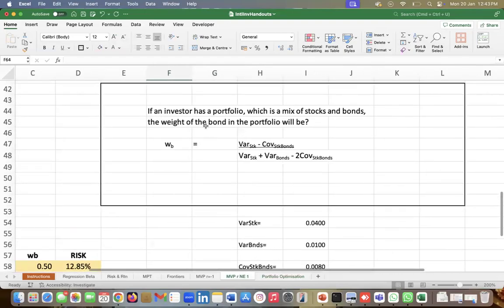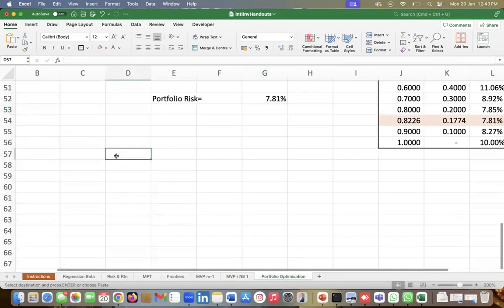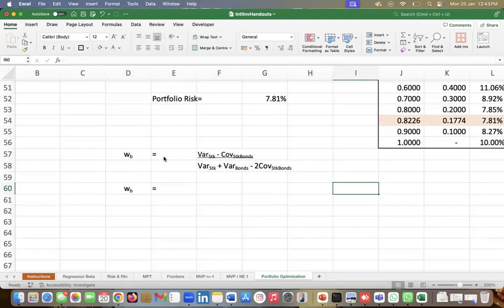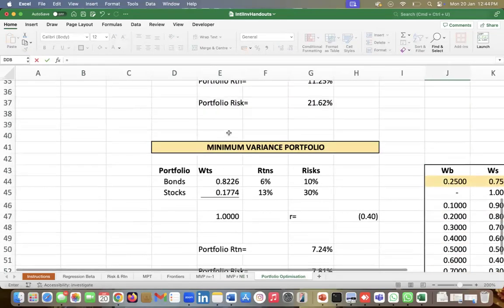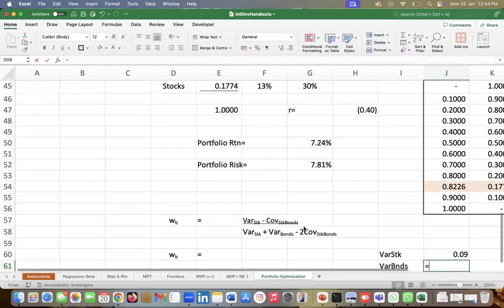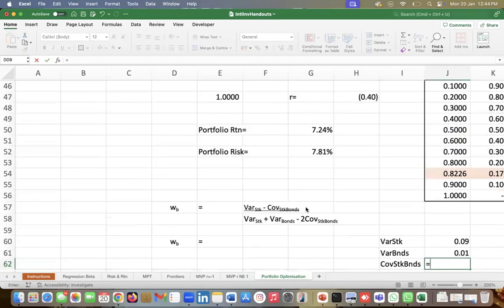This is the formula that we had done, where R is not equal to -1. So if we use this formula here, the weight of bonds will be equal to what? For that you need 3 inputs: variance of stock, variance of bonds, and covariance between stock and bonds. Variance of stock is what? Just take the square of the risk. Variance of bonds, also, again take the square of the risk, and for covariance,